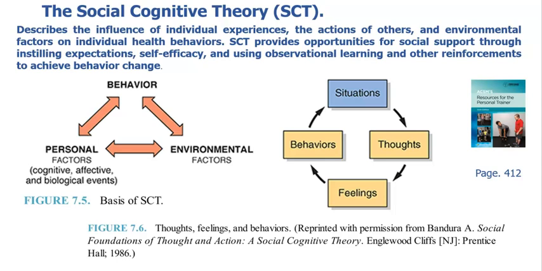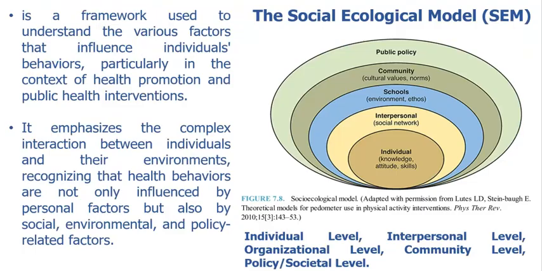The social cognitive theory asserts that outcome expectation or self-efficacy are the most important factors in behavior change. In a sense, basically the social cognitive theory highlights that outcome expectation and self-efficacy are key drivers of behavior change. And the next topic is the social ecological model, SEM, which is